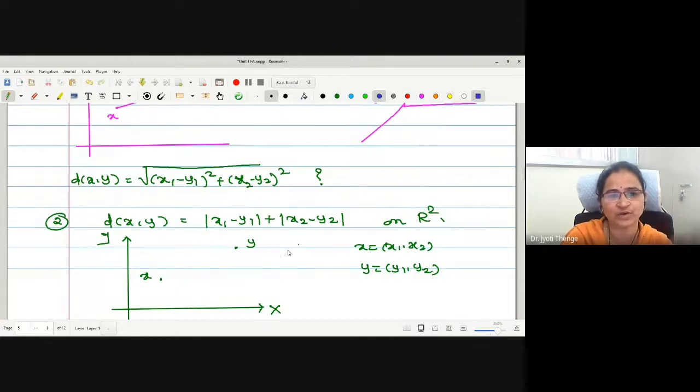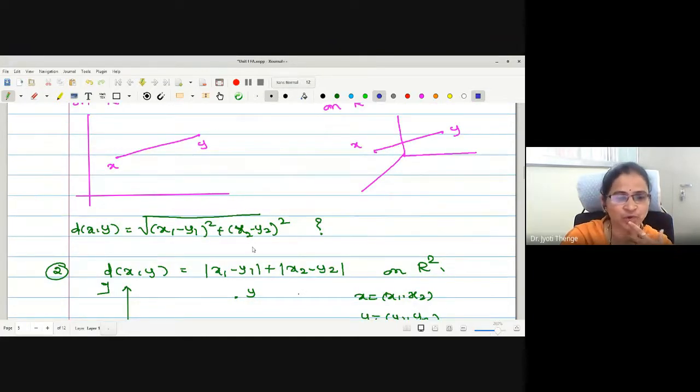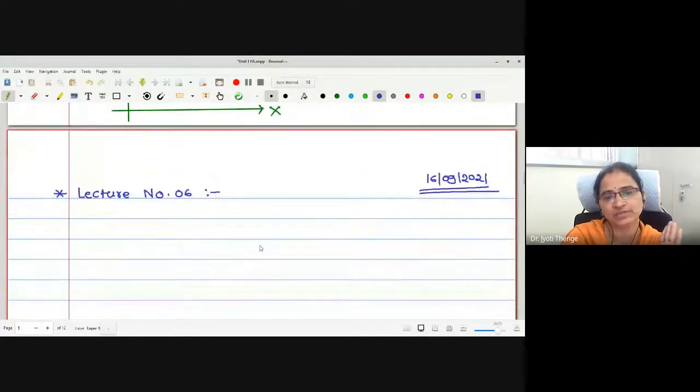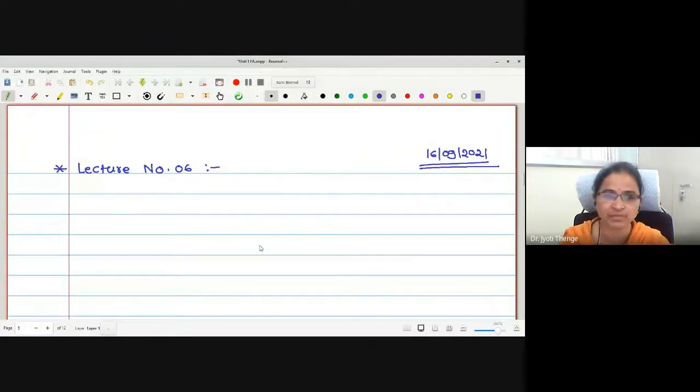Okay, it means that no one has seen how this concept came. Okay, again I will give you one day's time to search on this. Today we will move ahead towards what is a metric space. Metric function we have seen, no? Then what is a metric space? Yes, can anyone tell me what is a metric space?